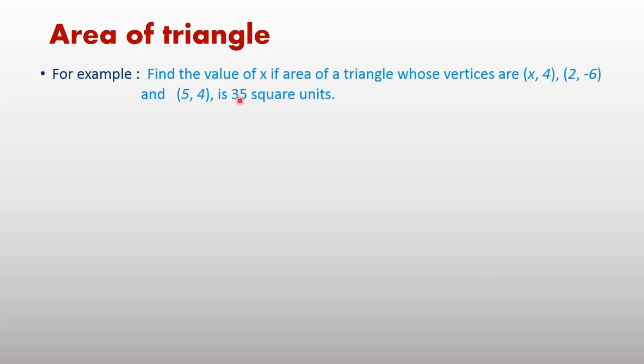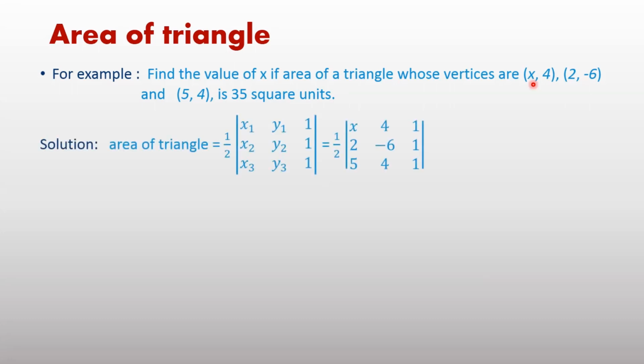If 3 points are given and the area is also given, then you have to find the value of x. The area of the triangle is given as 35, you have to find the value of x. Process, step first: find the area of the triangle. Formula written: half, x1, y1, 1, x2, y2, 1, x3, y3, 1. Put the values: first point x1, y1 means x, 4, second point 2, minus 6, and third point is 5, 4, and the third column 1, 1, 1 written. Now expand it along